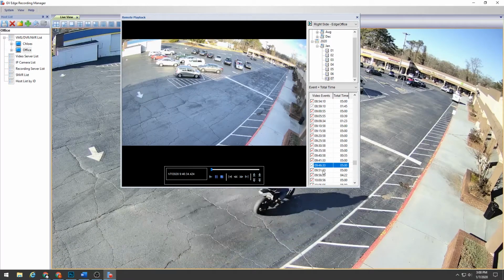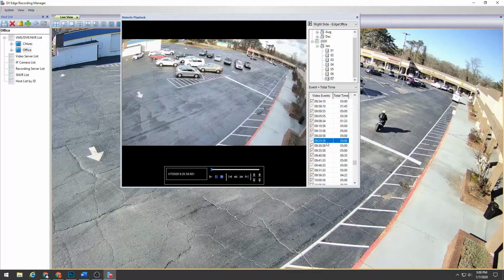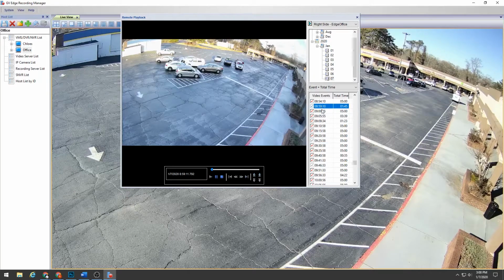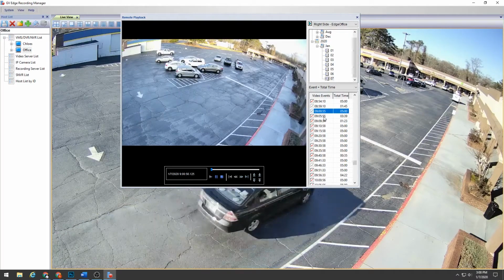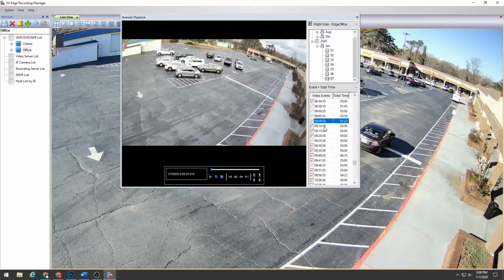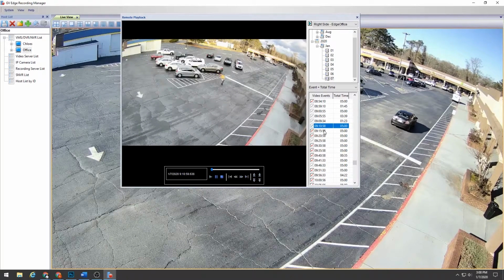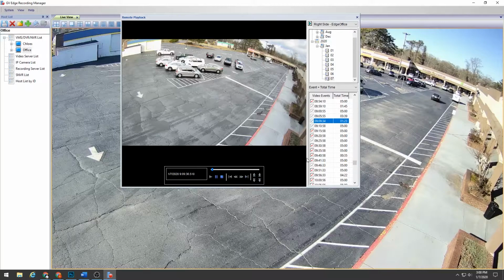So it's not there at 9:45, it's there at 9:25, it's not there at 9 o'clock. So let's check 9:05, 9:10. So it's there at 9:10, but it's not there at 9:09. So if I watch this video clip, I'm going to see that red car pull up,